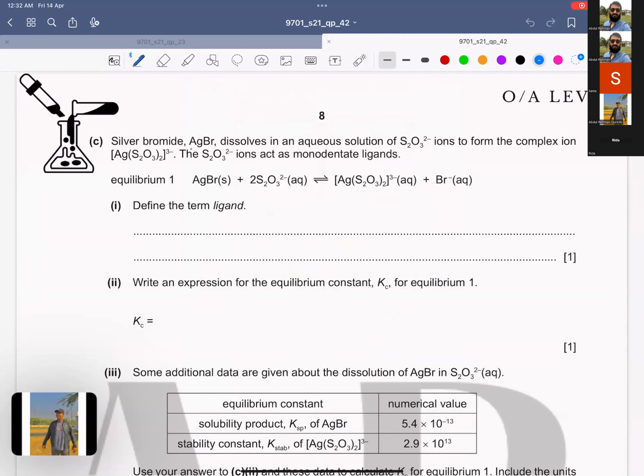Silver bromide, AgBr, dissolves in an aqueous solution of thiosulfate ions to form the complex ion. The thiosulfate ion acts as a monodentate ligand. Okay, that's fine. Now what they are asking you: define the term ligand. So I can define it